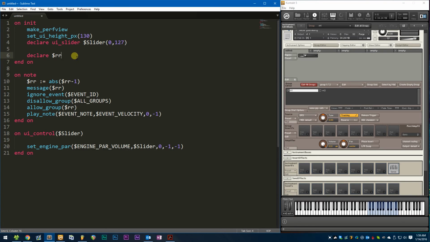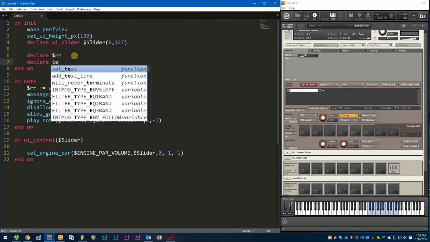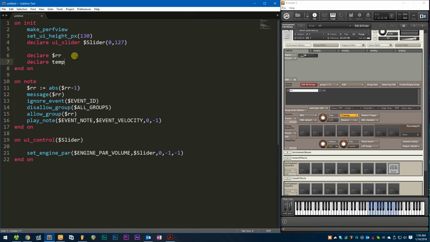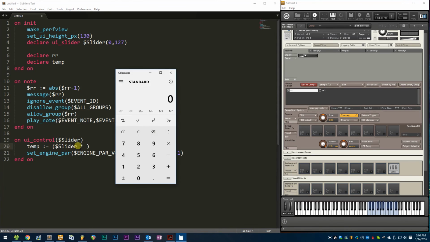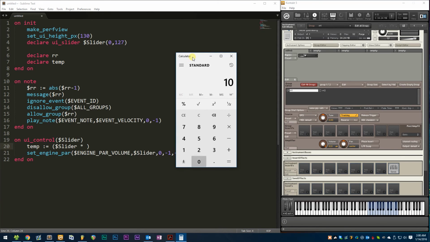So let's declare a quick variable called temp. I know, it's sloppy coding. And that's actually all I need to do to declare a variable, because remember, we don't really need the $ sign, so I'm just going to leave it like that. So let's set temp equal to the value of slider times some value, which we're about to figure out. So in order to do this, we're just going to divide 1 million by 127. And that gives us